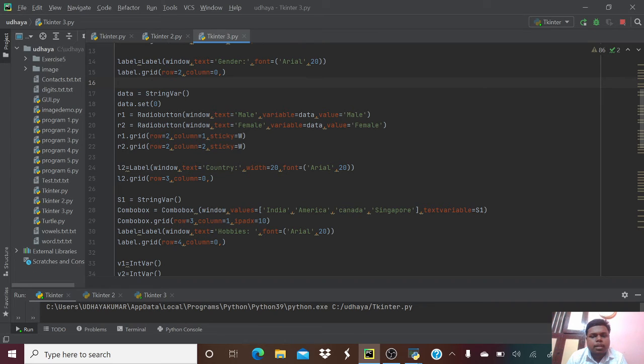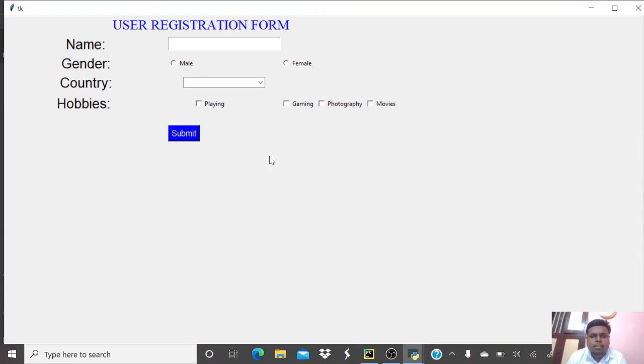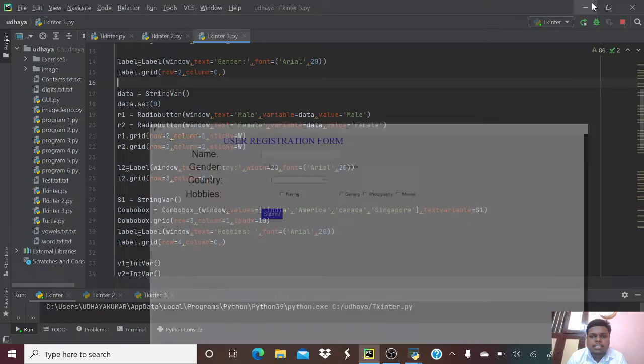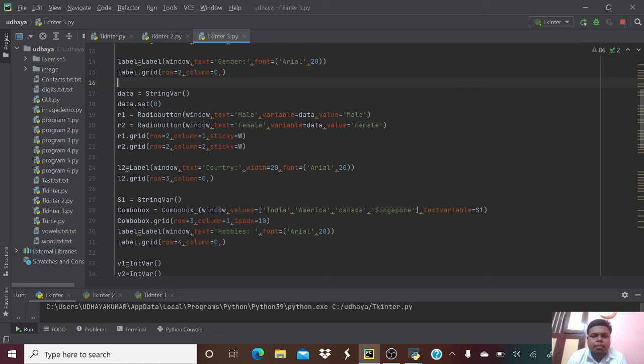And we are using L2 equal to label of window, command text equal to country, and width equal to 20, and font is Arial and size is 20, like this. We are using country and we are getting a text box like this, and we use a grid function to set the correct position for the country. Getting that there, we are using s1 equal to string var of function,